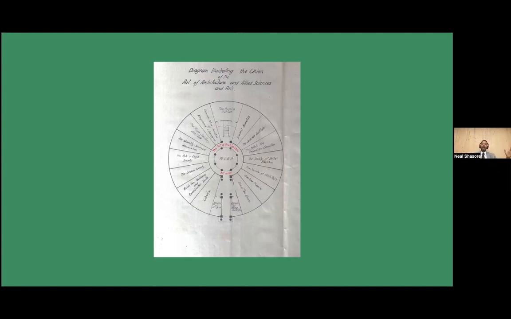Anyway, he comes back with this rather interesting diagram illustrating the union of the art of architecture and allied sciences and arts in this tholos, temple-like structure, though you'll notice that there are very few ways of getting in and out. So I read it as much as a Benthamite panopticon, with the art of architecture at the center,